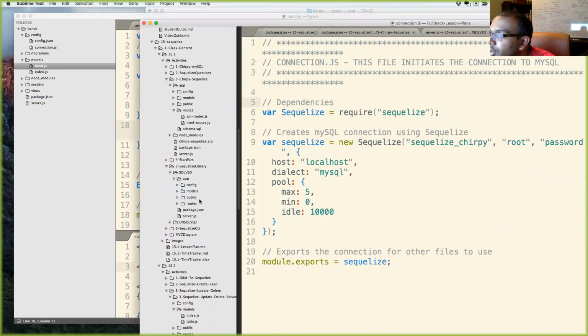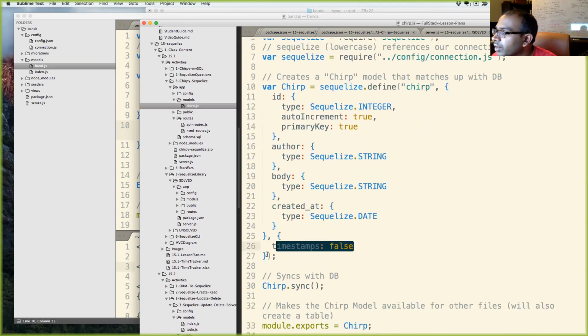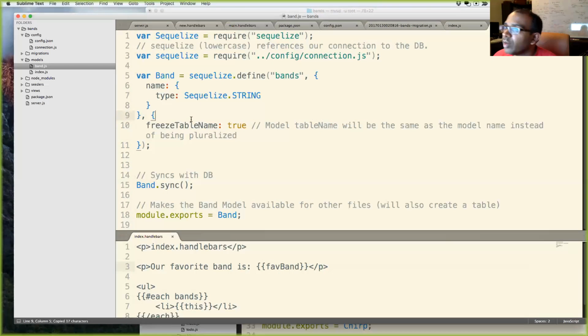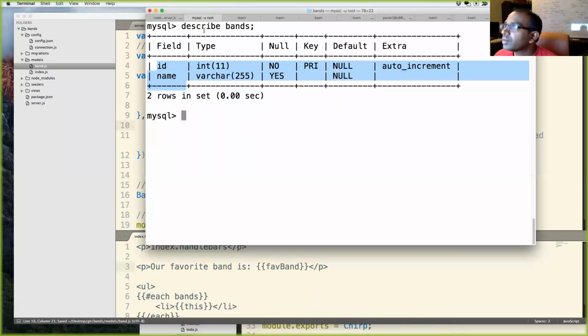So let me go over here, and I believe we did this inside of our thing right here. So timestamps is false inside the secondary object, and I will add this in right here. Let's try this again.